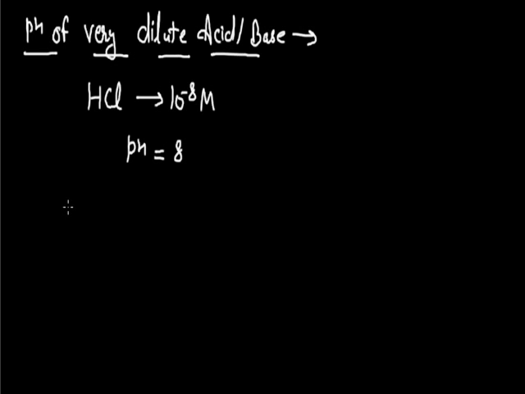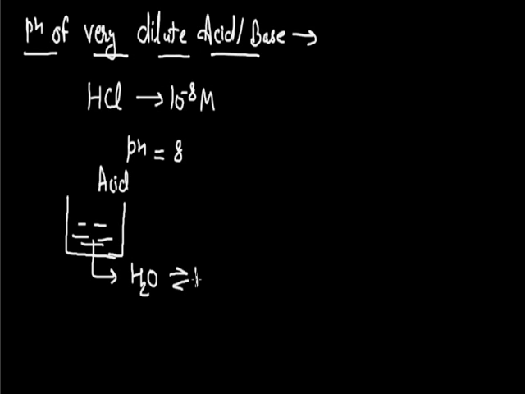And how this is going on can be understood by this example. As we add acid or base in water, this water is also an electrolyte, but a very weak electrolyte, so it ionizes like this: H2O goes for ionization to produce H plus ion and hydroxide ion. But at 25 degrees centigrade, the ionization is very slight, such that if we calculate the concentration of hydronium ion in water, it is only 10 power minus 7 M. Now as we can see, the value is very small and negligible.